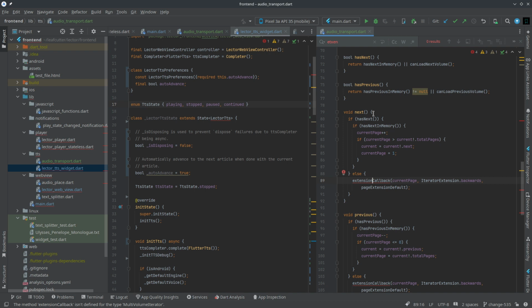I guess you could ask that to complete synchronously, although I think that ultimately the functions that implement it are going to be async. So I could just make next and previous async, or I could add new methods that